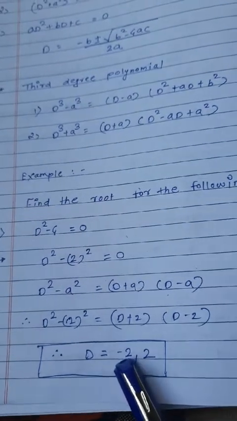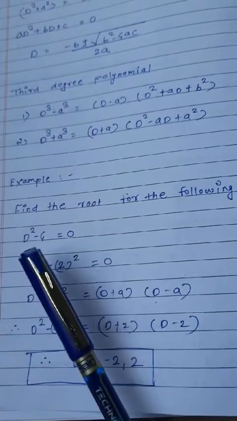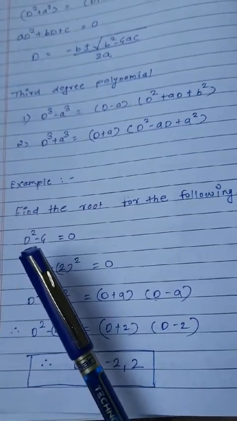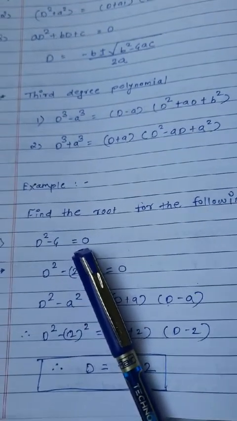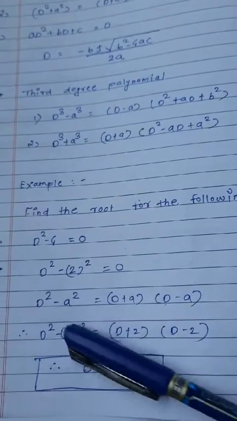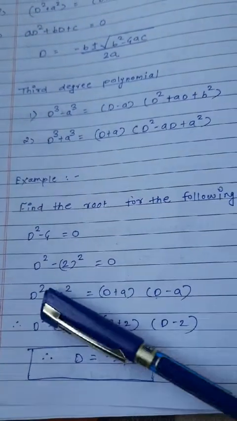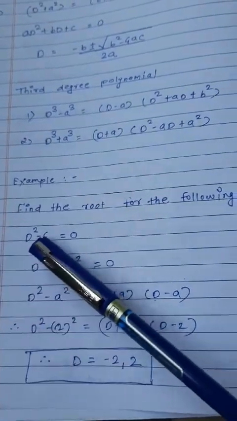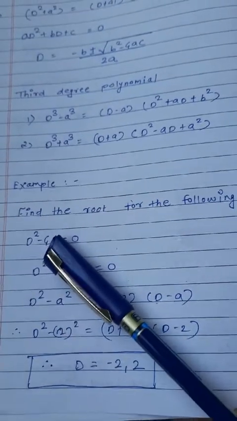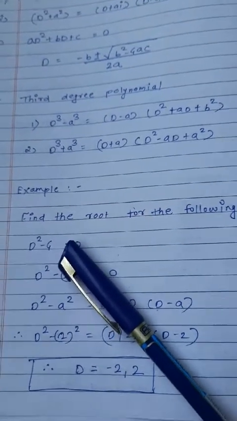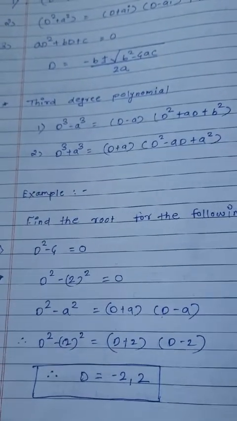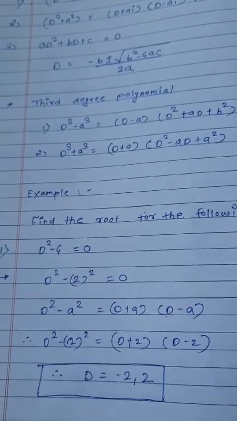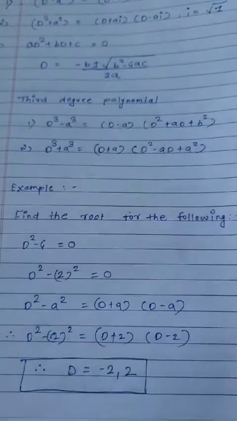So if I substitute d is equals to minus 2 in this equation, minus 2 square is 4, 4 minus 4 is 0. Hence this equation is satisfied. And now d equals to 2. If I substitute d equals to 2 here, 2 square is 4, 4 minus 4 is 0. Hence this equation is also satisfied. Now your CF depends on your roots. Now to find the roots, there are some formulas which we have to consider.